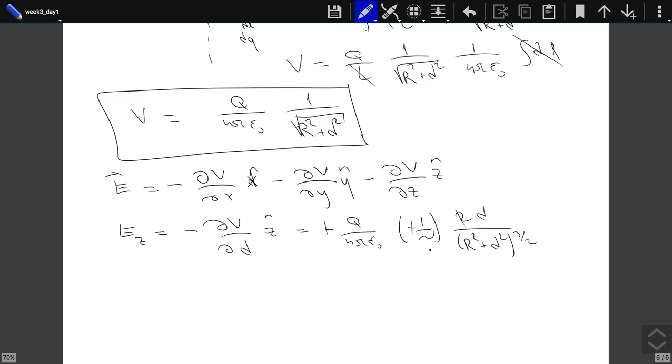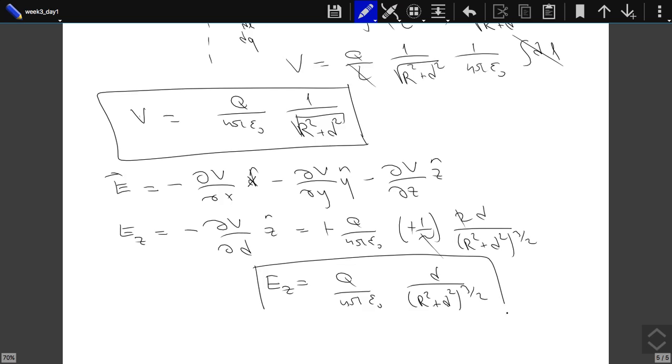So minus minus go away, 2's cancel. This is q over 4 pi epsilon 0, d over r squared plus d squared to the 3 halves. This is our electric field,